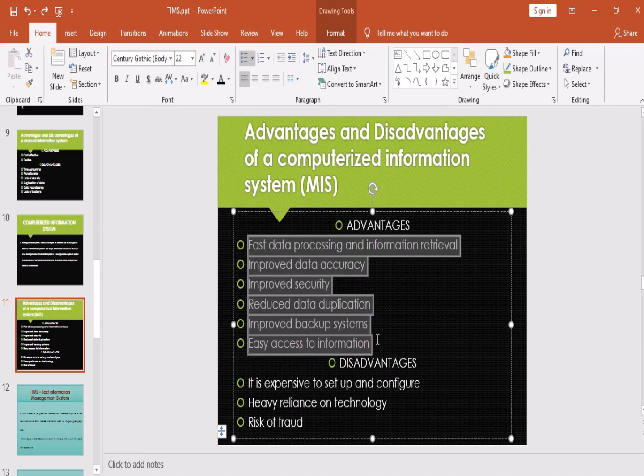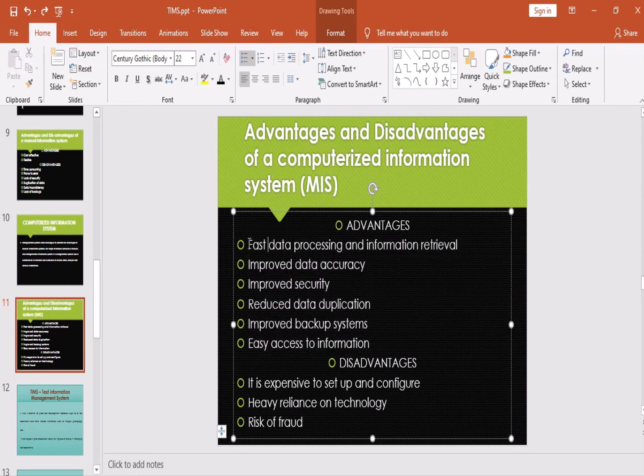So these are the major advantages. You can relate it to preclinical development, and you can give an example for this preclinical development, and you can give an example for each individual advantage also.